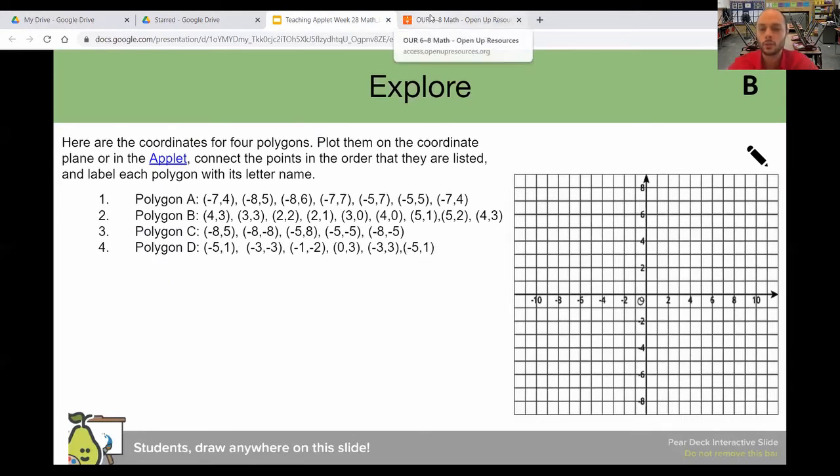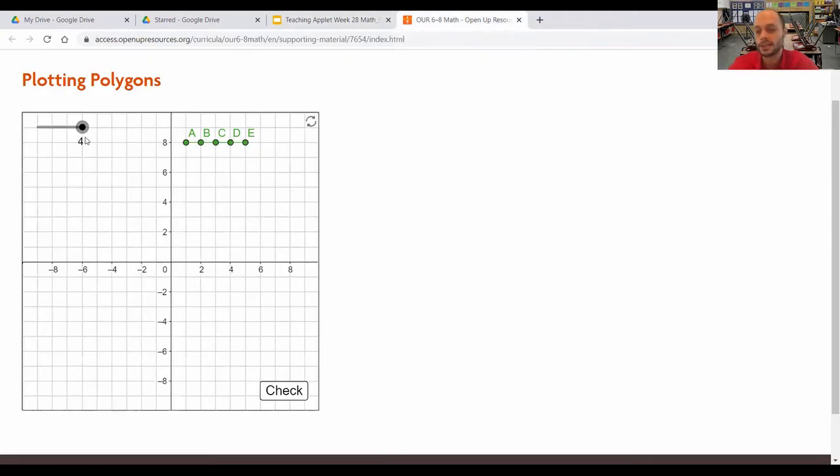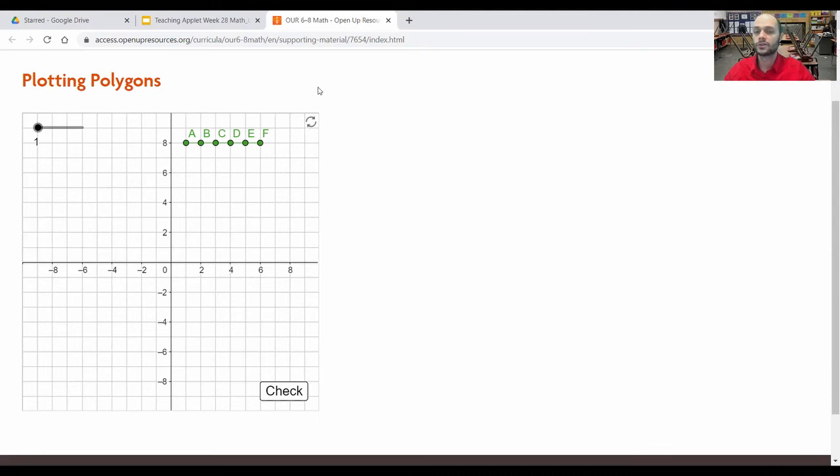All right. So what are some things you could do with this program other than just connecting it the way it's supposed to be connected? You can have your students do all kinds of different activities with the applet, as well as just plotting the points that are on the slide given to you. For example, you could give your students your own shapes, and then they have to tell you what are the coordinates of those shapes. You can give them the shape almost fully plotted, and then they have to figure out